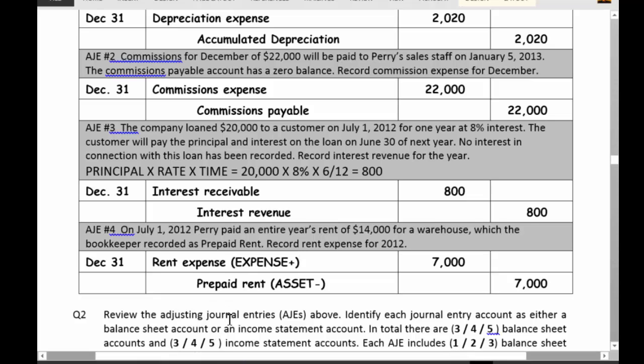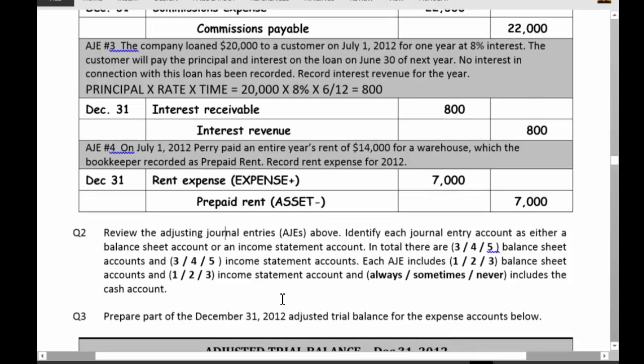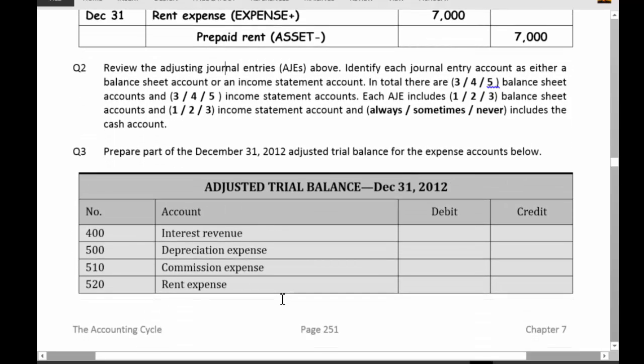Review the adjusting journal entries above. Identify each journal entry account as a balance sheet or income statement account. All right, let's skip this. This is silly. Let's fill in the numbers here. What is my interest revenue? Interest revenue is a credit for 800. What's my depreciation expense? It is a debit for 2020. The commission expense was a debit for 22,000, and the rent expense was a debit for $7,000. Okay, the next thing I'd like you to do now